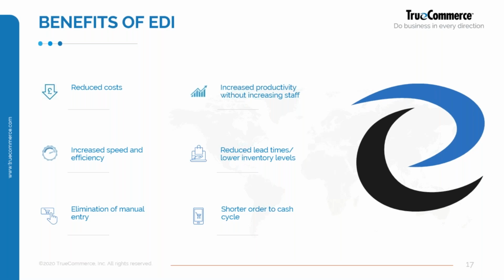What we're trying to do with EDI is eliminate the manual entry. So we've seen that at the very beginning of this as to how systems used to be configured, and there was a lot of duplication of effort in terms of typing in orders, retrieving orders, and then re-entering that order detail in. With EDI, we can just pass them documentations back and forth between systems without having any human intervention at all. And then we've got a shorter order to cash cycle.